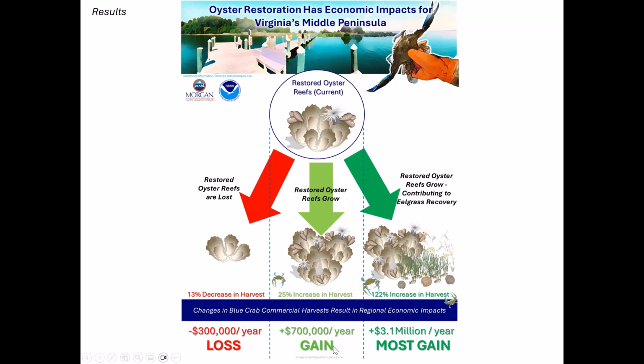of the Middle Peninsula. Now, if we account for both foundational habitats being restored and growing and being healthy again, we're looking at a much greater increase in predicted harvest for blue crab. A 122% increase in harvest. And when you translate that with InPlan, we end up with a $3.1 million per year gain in this relatively compact area. So